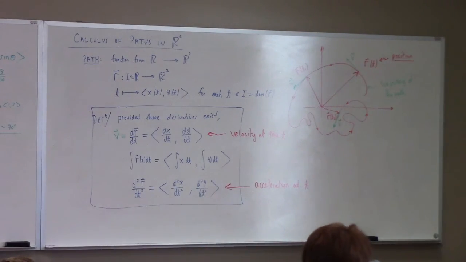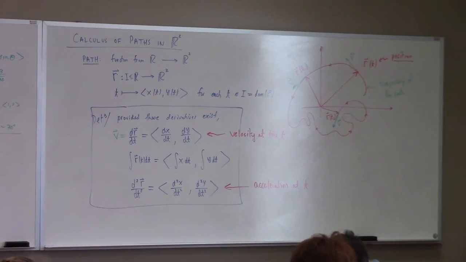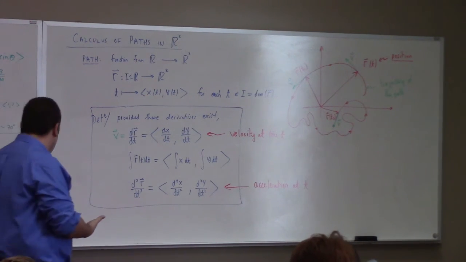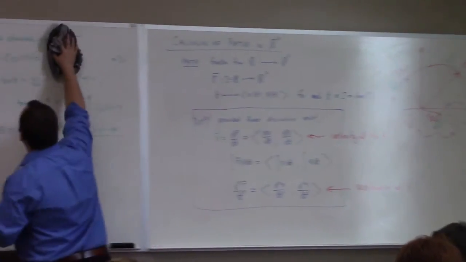Any questions? So what's the advantage of this path viewpoint? It allows us to describe curves which we simply had no access to in terms of y equals f of x thinking. Like, for example,